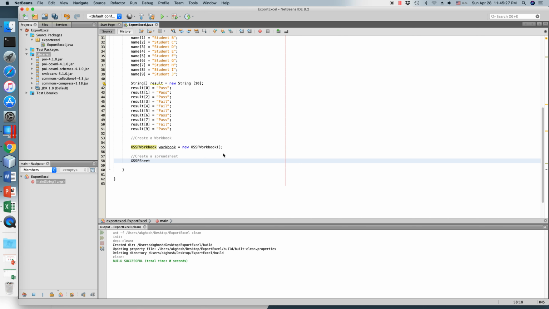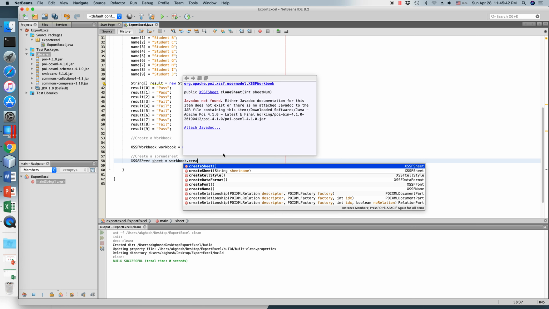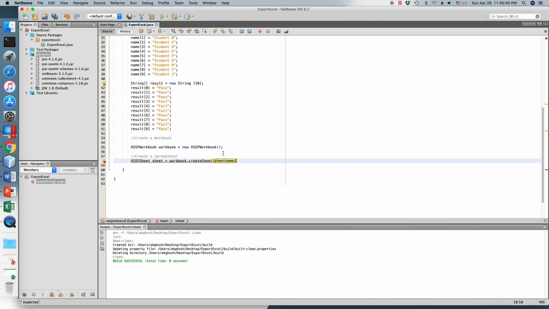XSS sheet. I will just name my sheet as sheet. Oh, sorry, not new. I will create this sheet or this spreadsheet under this workbook. So workbook dot, I will call this create sheet method. And here you can rename your sheet. For example,